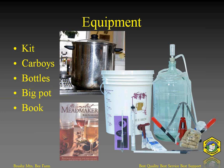The equipment that you're going to need, the best way is getting a kit. And this is the kit that we've got in our catalog. It comes with this big bucket here that you can use as a primary fermenter and also as a bottling pail. You can see the spigot right here coming out that you can use for bottling. It comes with a glass 6-gallon carboy, tubing to connect to the spigot for bottling, and what they call a racking cane, which is this piece right here, a corker,